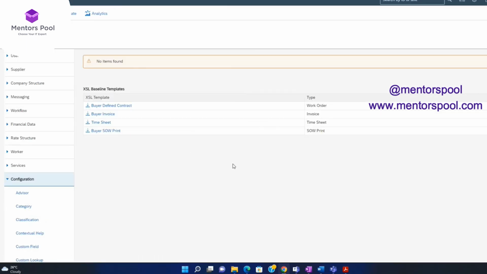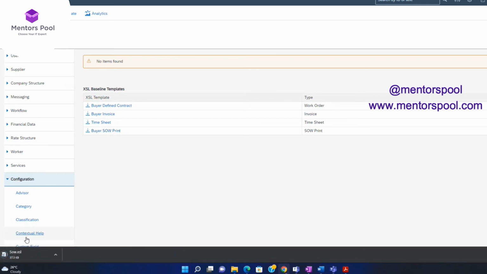So, XSL templates. Now, what is an XSL template? XSL templates can be built. It will help you add buttons on the templates, like for example, buyer SOW print. Okay, so if I quickly open this,